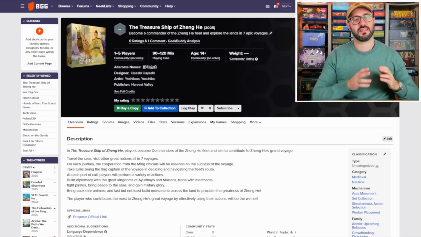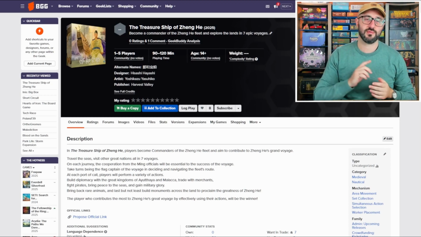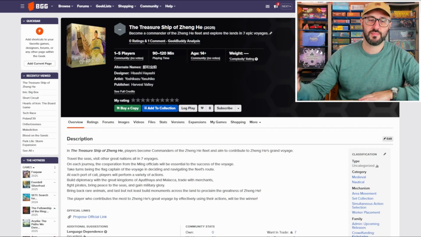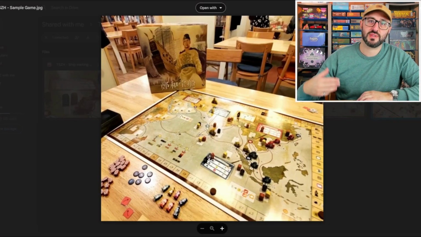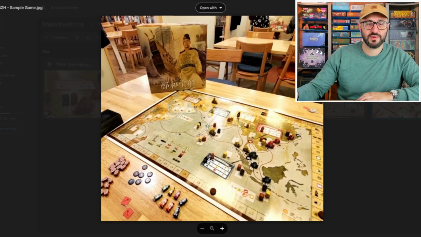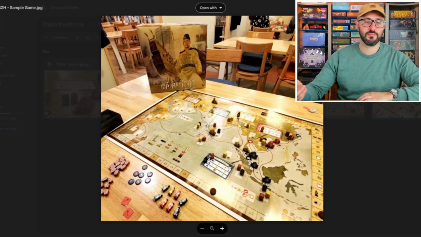And this one is a competitive worker placement exploration strategy game that is based on the Chinese explorer with the same name. The game plays over 7 rounds where players are competing to try and have the most victory points at the end of the game, and you're going to be doing that by exploring the different seas, gathering resources